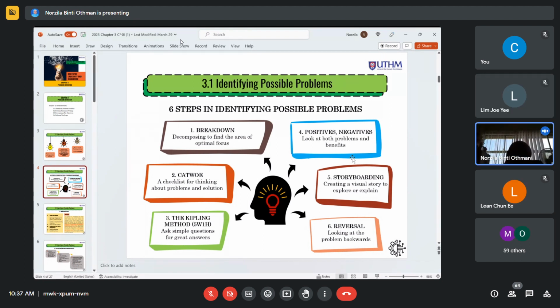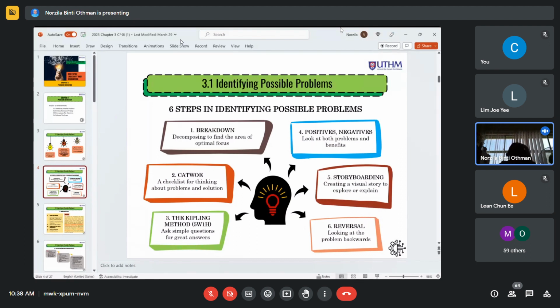Storyboard is normally used in making films, but basically some people are visual people. They are not keen to speed up the thinking when you only write down. So in the storyboard, you can explore the story by using pictures, by using other things rather than writing. So do the storyboard and then